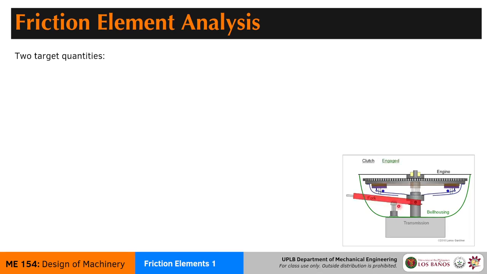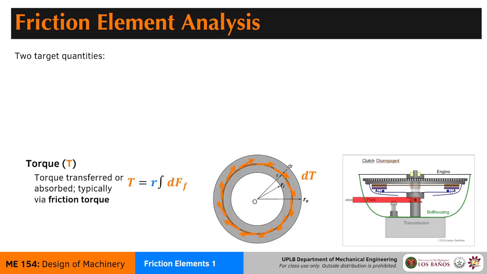When it comes to clutches, we want to know how much torque we can transfer from the drive shaft into the rest of the transmission. When it's a brake, we're concerned with the amount of torque that it can absorb from the rotation, such that we can either control the rotation or slow it down. In order to do this, we need to know how much force we're going to use to engage the clutch or the brake. In a manual car, that force will be on the brake pedal.